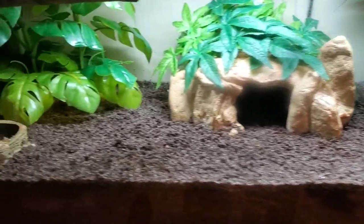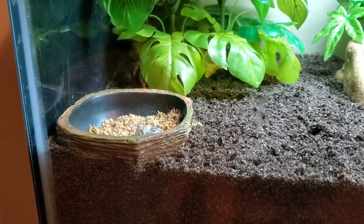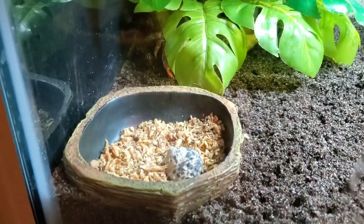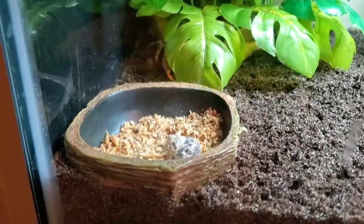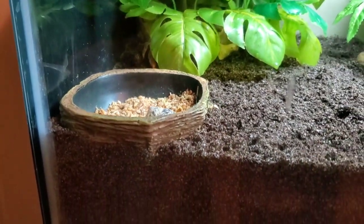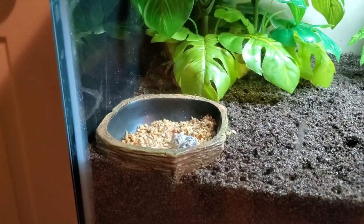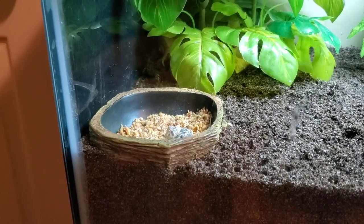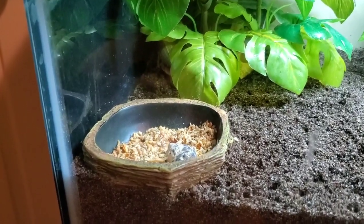Moving on to the left side, you will see the food bowl for my hermit crabs. And there's actually currently a hermit crab in there. It looks like the hermit crab is kind of sleeping. I'm not sure what it's doing, but there's a hermit crab in there. And this is just their food bowl, and I got this food bowl at PetSmart, and I believe they were like $3.99. It was a good price,